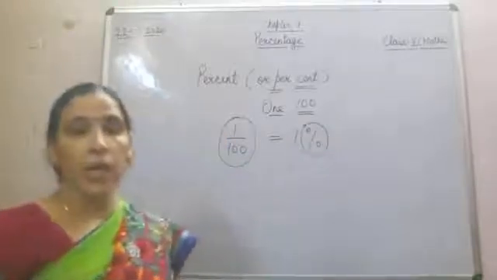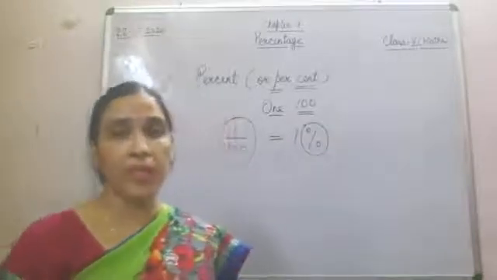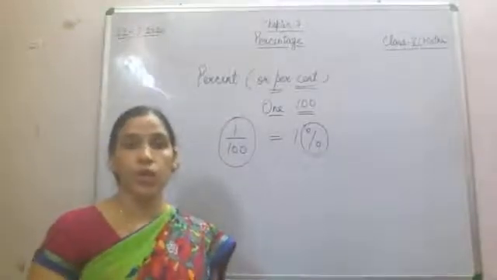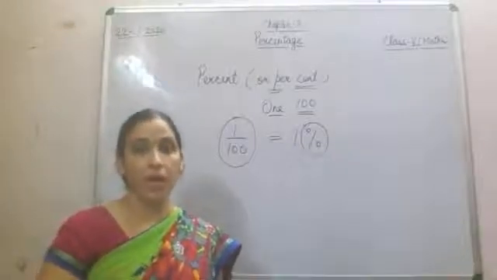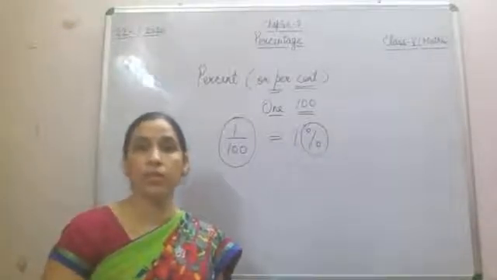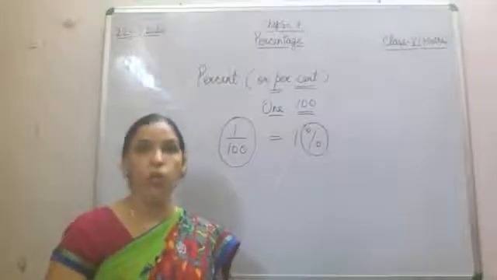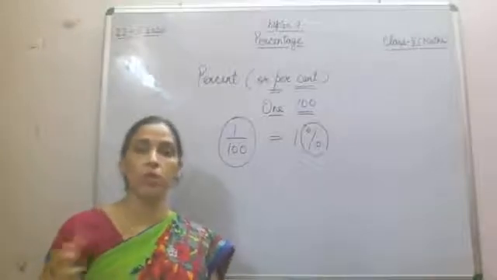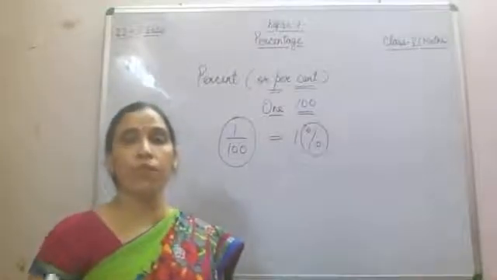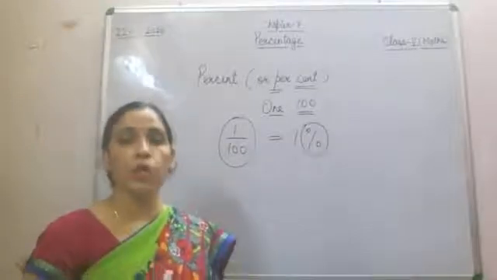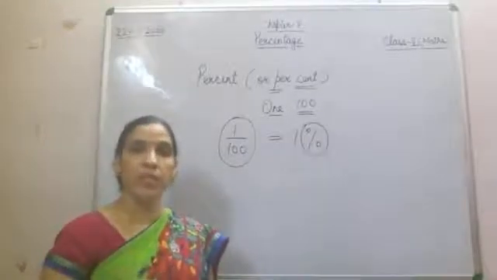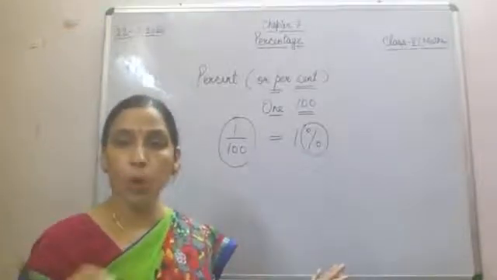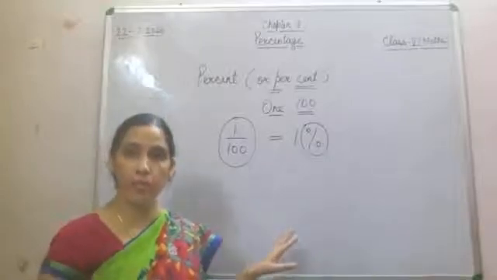Now children, if after the final exam somebody asked you what is the percentage of your marks in class 5, or what is the percentage of marks in class 4, sometimes you said that I have got 85%, I have got 80%, or some of the children said that I have got 70% or 60%. So what does that mean? It means there must be some formula to find it out. Percent of anything: how can we find that?